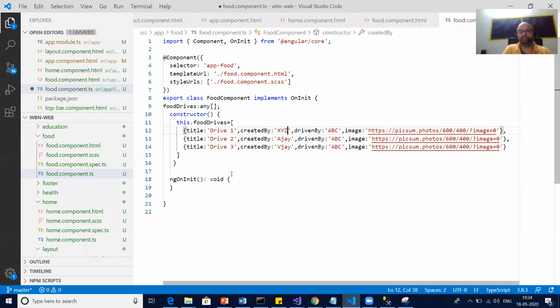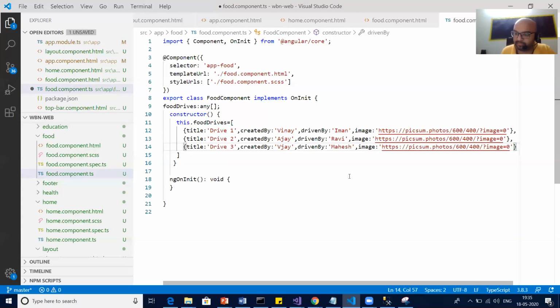Ajay, Vijay, Vinay, driven by, say, Iman, Ravi, Krish.